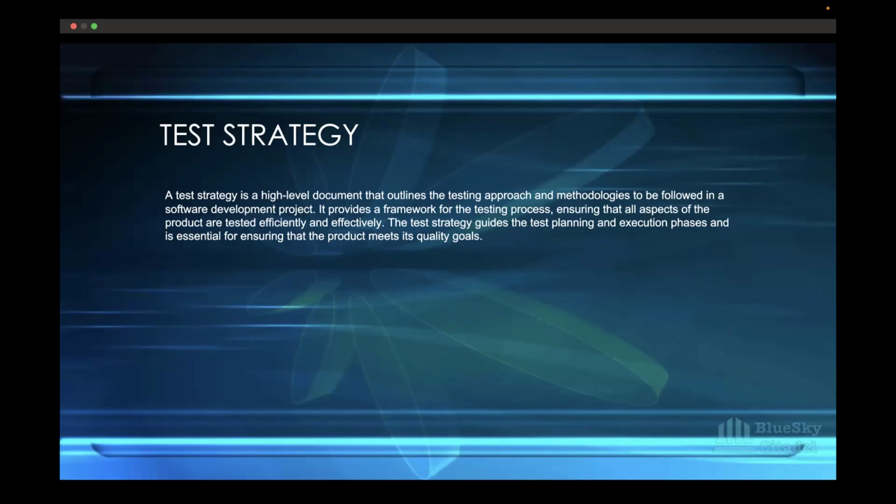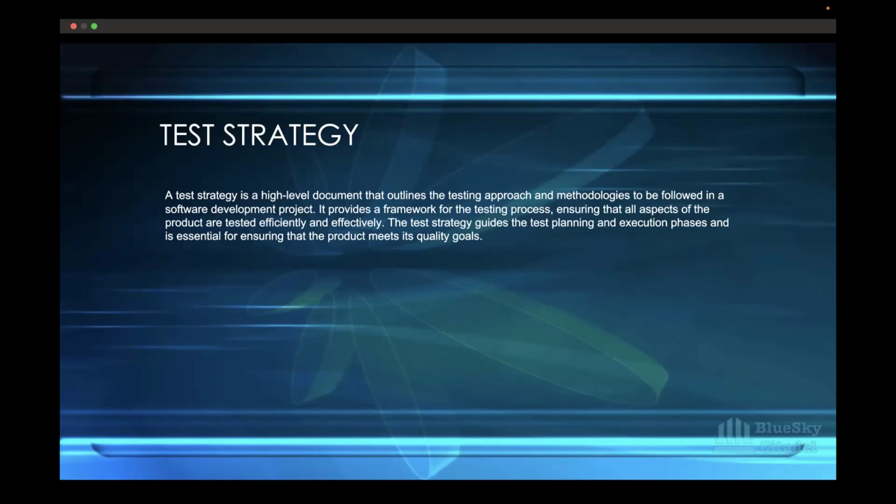A test strategy is a high-level document that outlines the testing approach and methodologies to be followed in a software development project, while a test plan is like the overall document for the project. So the test strategy focuses on the testing approach and the methodologies to be followed in a software development project.